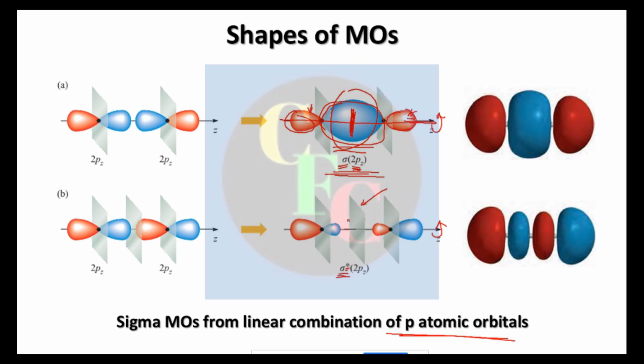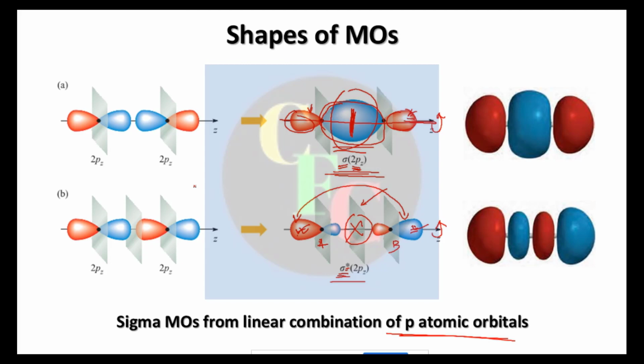So if the electron resides here, then where are the most probable positions? It is here in these two lobes. You can find the electrons here or here. The most probable positions of finding the electrons are in these two positions. That means they will retain the individual character of A and B, rather than combine. Here there is nothing, right? So electrons will not come here. They will retain their individuality, right? So that is anti-bonding, right?